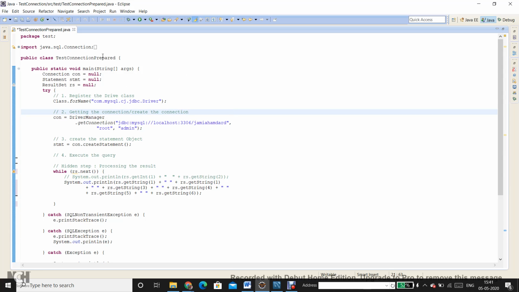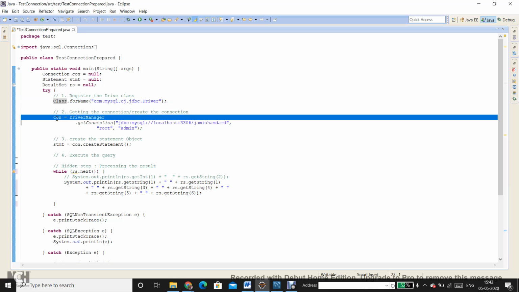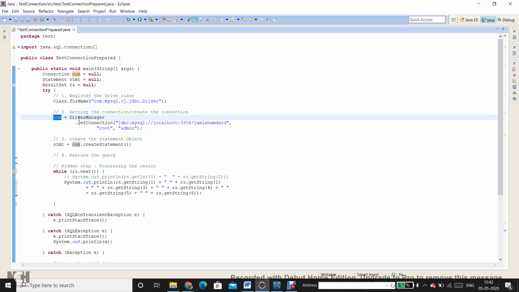So the topic that we are going to discuss for today is the prepared statement. As you can see that there are steps. There are different steps in basically creating the connection. The first step was to register the driver classes, that is shown in step number 1 in this line. And then the second step was to get the connection using the driver manager. So the con variable is used to refer to the connection object. The connection object is initialized to null, the statement is initialized to null, and the result set is initialized to null. Instead of this statement, now what I want to use is